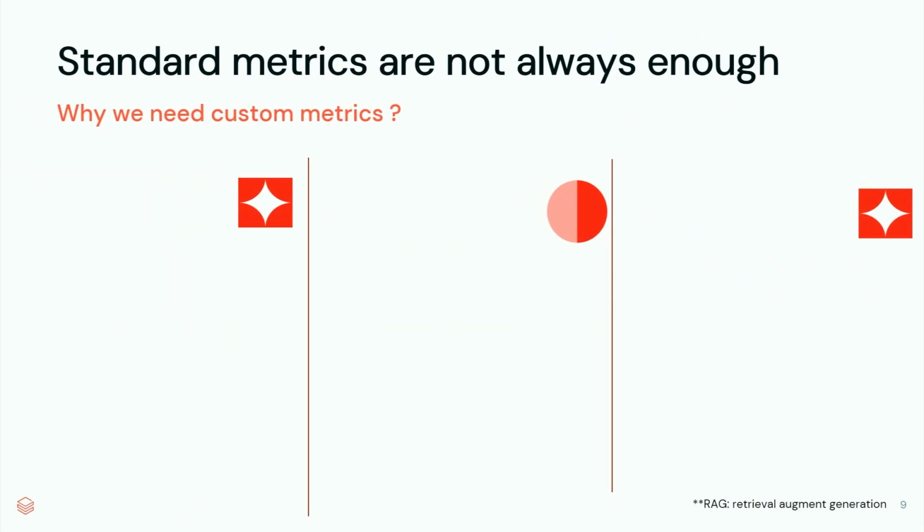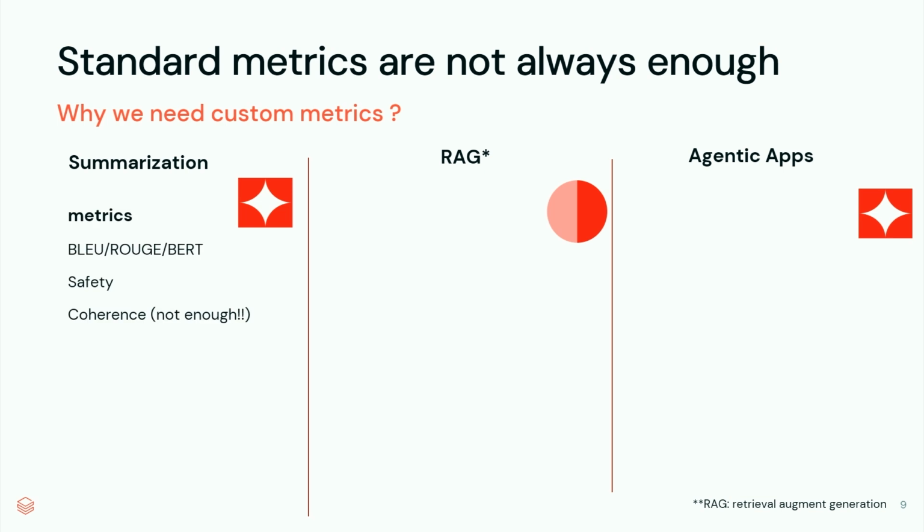Now, custom metrics. What is the reason these standard metrics are not enough? I'm going to give 3 different examples just to put things into perspective. So we start with a simple summarization, then one of the most common ones, which is RAG, and then we are talking about agentic apps. For example, for summarization, the majority of the statistical metrics would be sufficient today if you are working with a summarization problem. They can say very well how it has summarized, if it's coherent, whatnot.